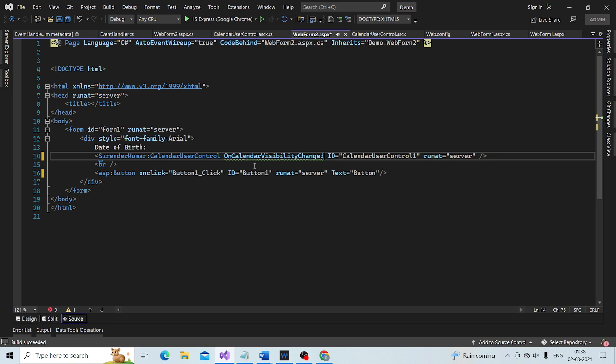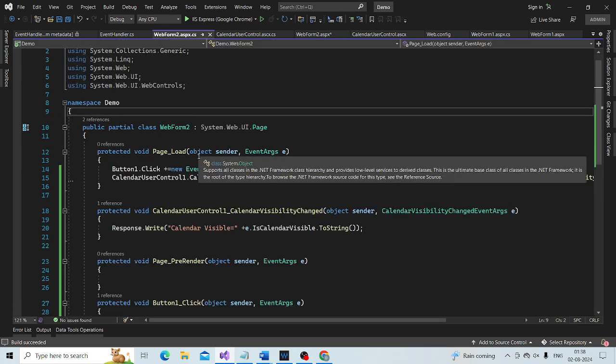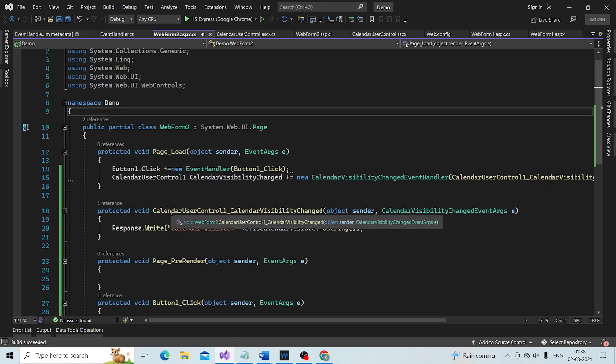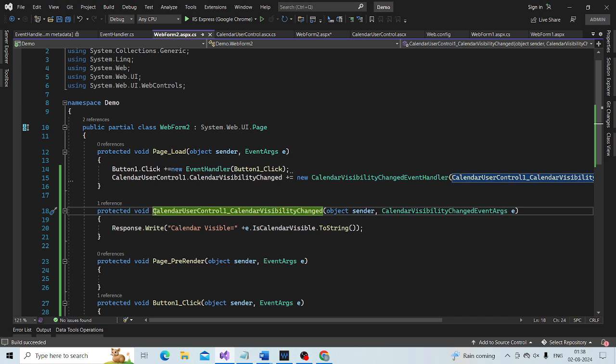When that happens, I want to invoke this method. Which method? Go to the WebForm2. This method, CalendarUserControl1_CalendarVisibilityChanged.